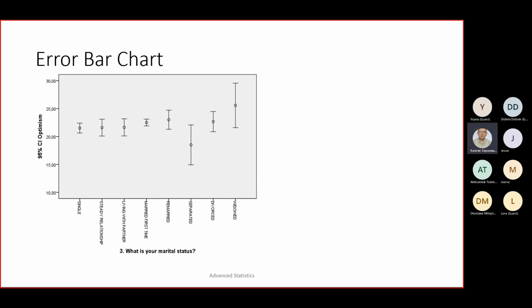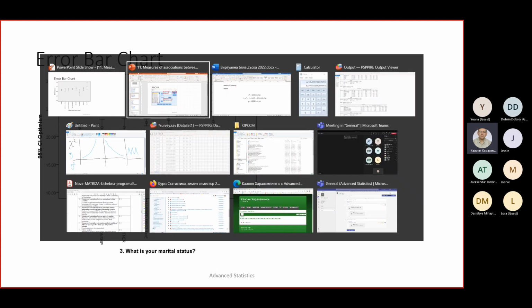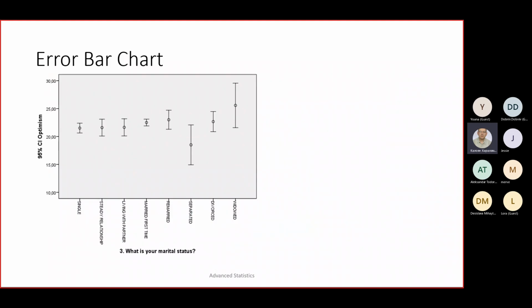So we can compare each group with all other groups. And first, I will show this analysis in SPSS, and then we'll perform it in PSPP. Because in SPSS, there is one preliminary step,